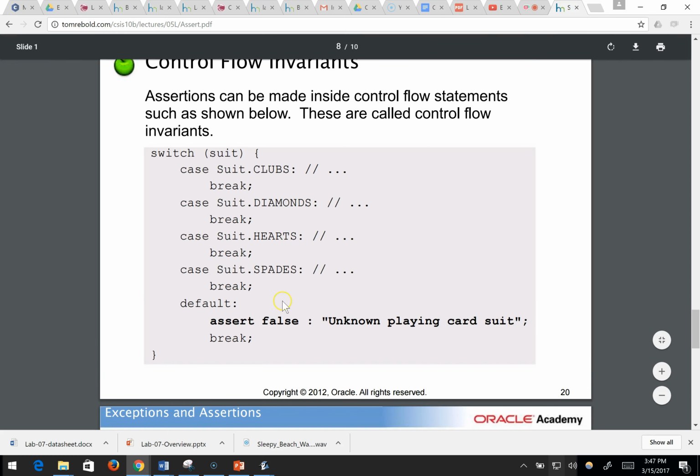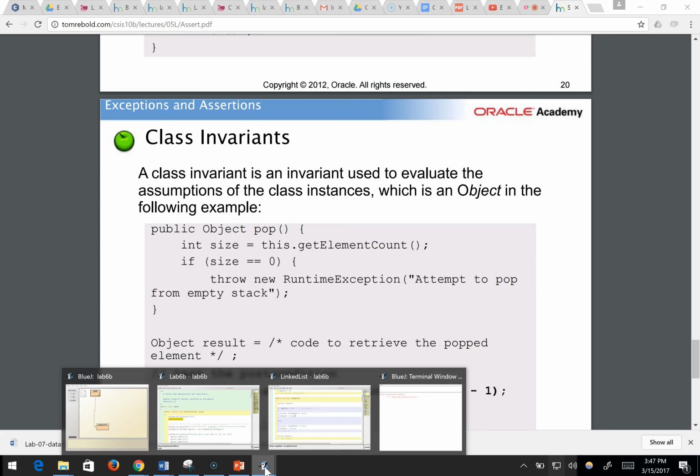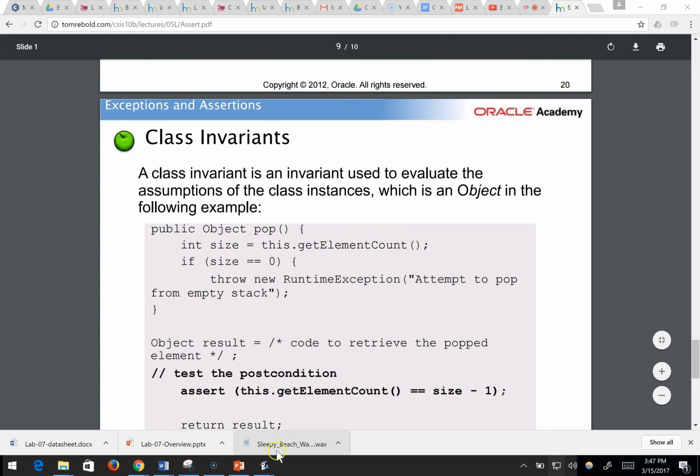Yeah. So maybe you're trying to process a different number of suits for a card, and in the switch statement, you could pass a suit to it and handle it if it's clubs, diamonds. It needs to be flagged, so I'm going to just put a false in there, and this is my message that comes out. And back to our original example, you could put a message here that says